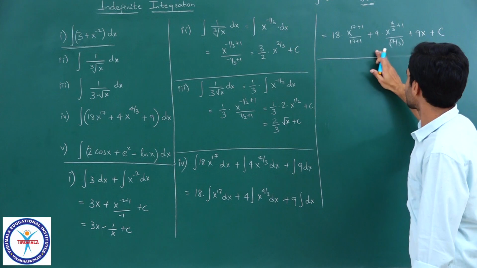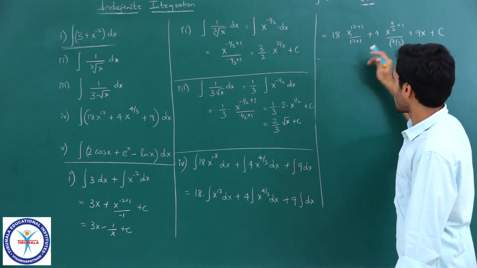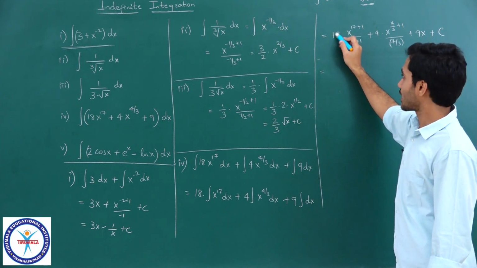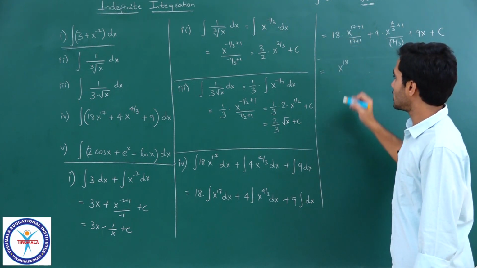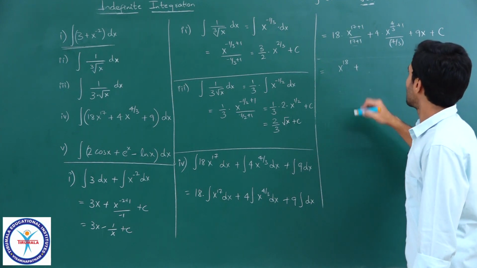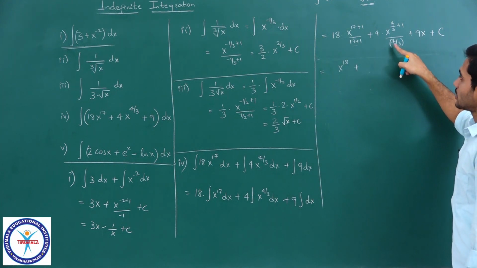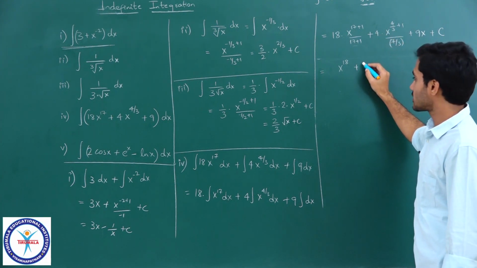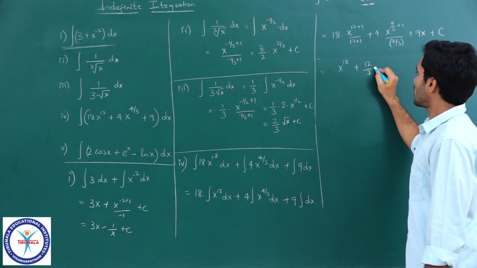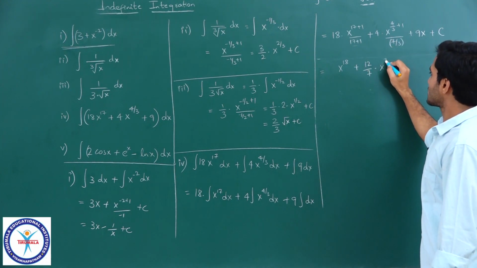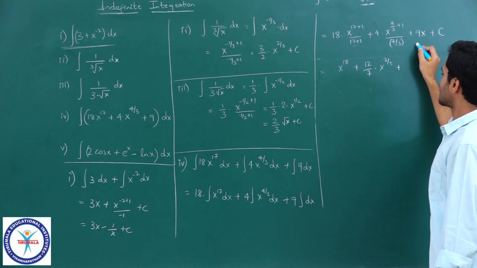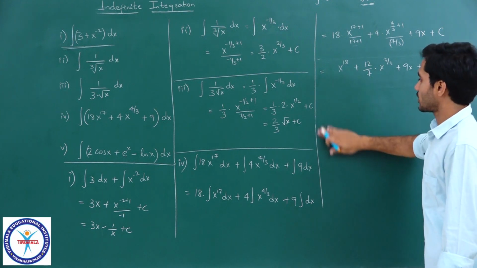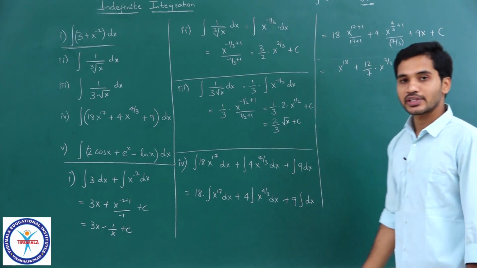Oh, I did not simplify this. Okay, let us simplify this and write it down. So, this will be equal to, we have an 18 here and 18 here. So, they will get cancelled out. So, I will be left with x power 18 plus 7 by 3, if it goes to the numerator, it becomes 3 by 7. 3 by 7 into 4 is 12 by 7 into this is x power 7 by 3 plus this is 9x plus the final common constant, right. So, that should be the answer.